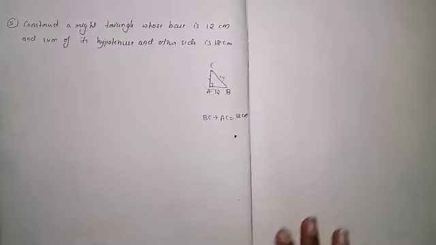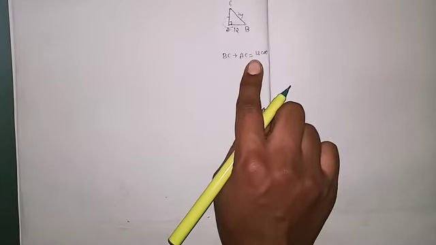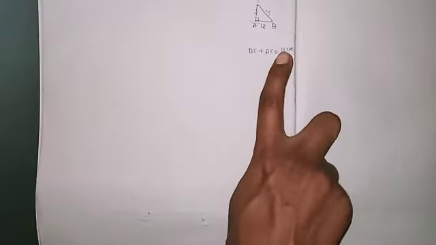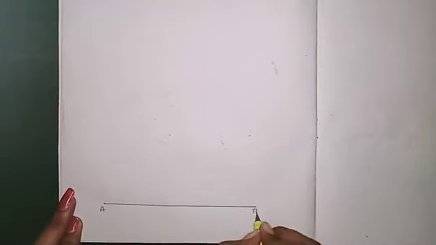So this is similar to what we drew in the first problem, maybe. The sum of the two sides is equal to 18 centimeter. So first we will start with the base, that is AB. Take it at the bottom, so it will be lengthier, as they have given 18 centimeter, so it will be more lengthy. Just draw first how much it is, 12 centimeter. AB is 12 centimeter, so it is 0 to 12. So draw a 12 centimeter line. So this is AB, 12 centimeter.